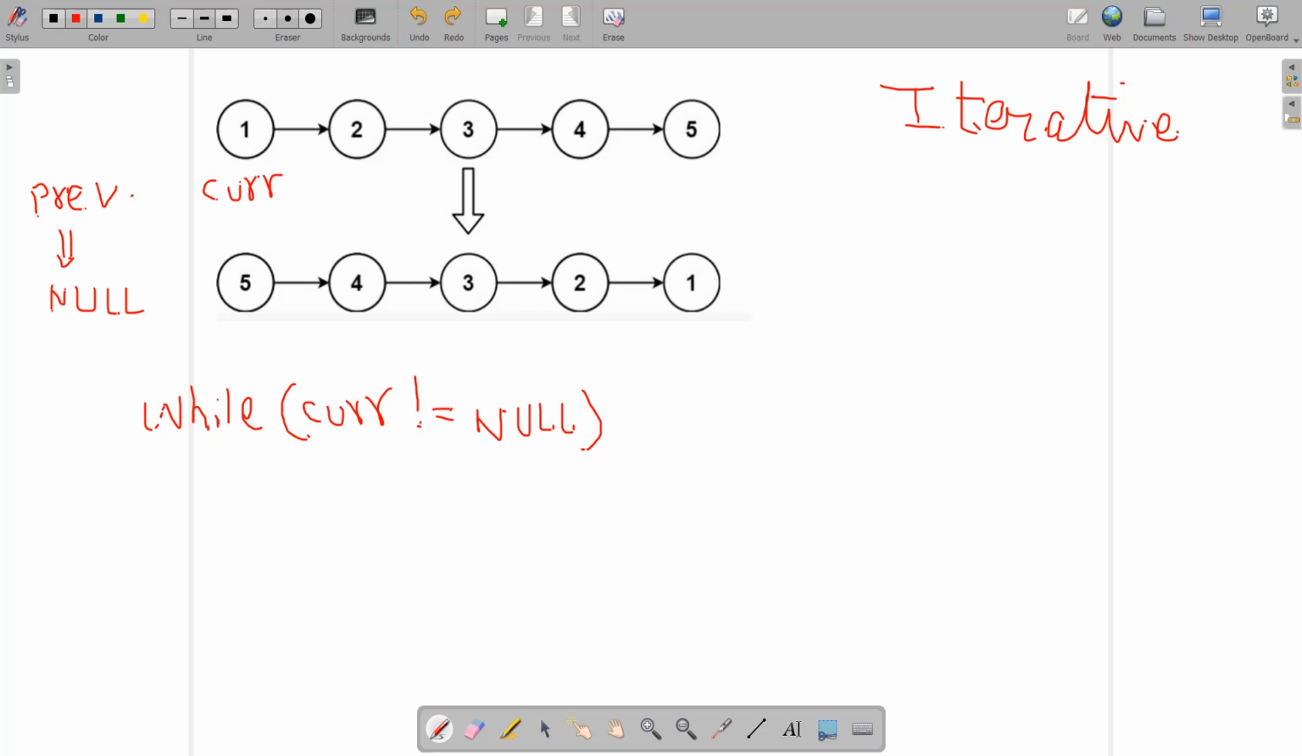Like there is no arrow from previous to current, but you can see that in the final answer linked list, or you can say the reversed linked list, there is an arrow from 1 to the null pointer. So you need to ensure that you provide the null pointer when you reverse this linked list. So what you are going to do is assign current next equal to this previous value